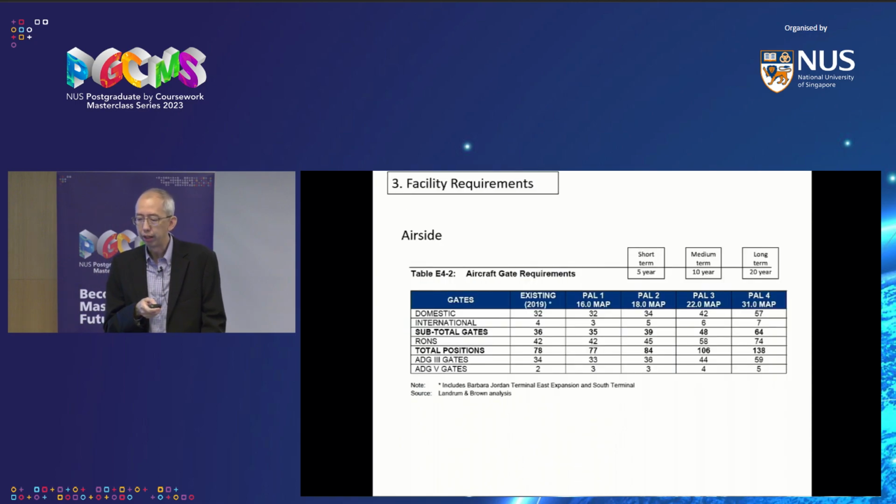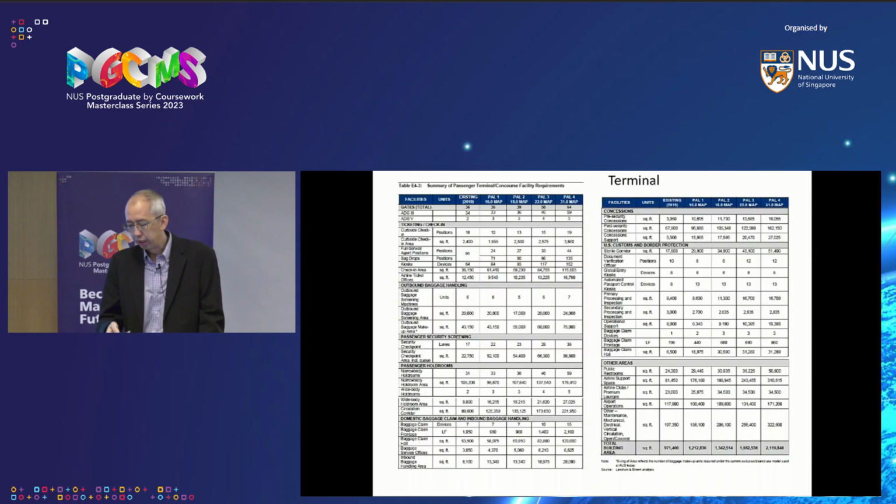We are going to look at them now in facilities requirements, which is the third step. So you can see for gates, at the short-term mark with 18 million passengers, how many gates do we need, right? So they need to go calculate at the planning level 2, which is short-term, how many gates do we need? How many check-in desks do we need? How many security lanes do we need? How many baggage makeup belts do we need? So you have to go through each subsystem within the terminal one by one and figure this out.